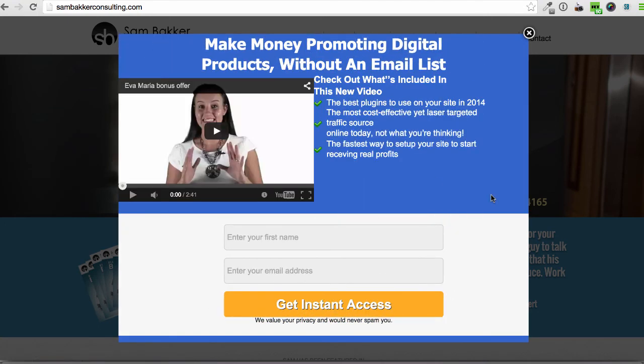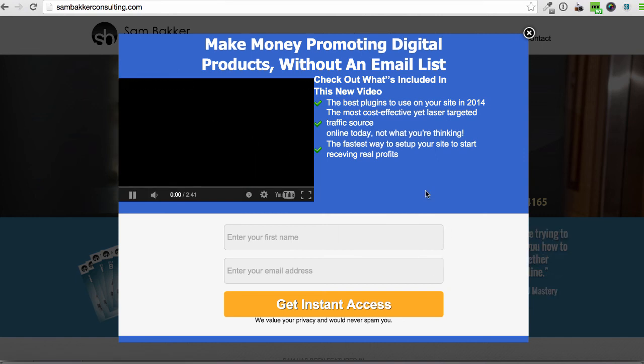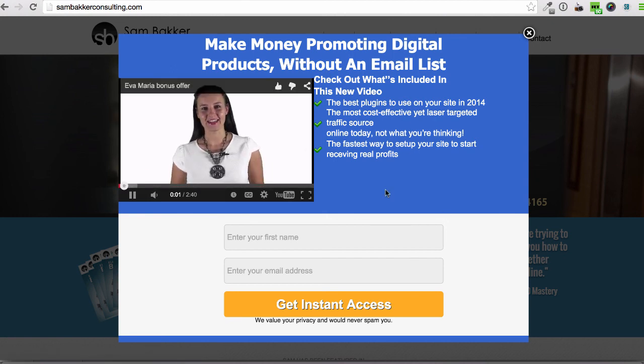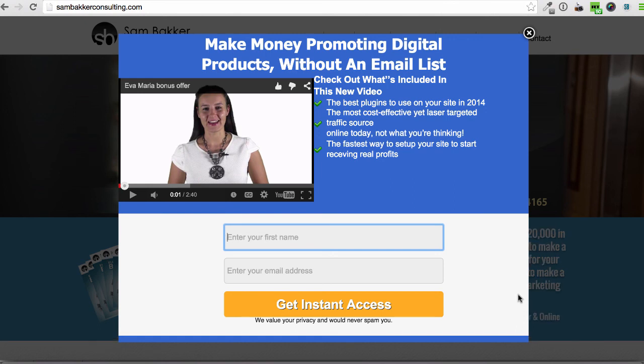Bang! There we go. You can see it's come in. We don't have an autoplay set on the video, but we could if we wanted to, so it would autoplay immediately. We can have a play around with the sizing of this video, the sizing of these bullet points as well, as you can see, and it's just a really easy way of being able to generate more leads. These pop-ups look really clean, they're easy to set up, and if you're looking for more templates,